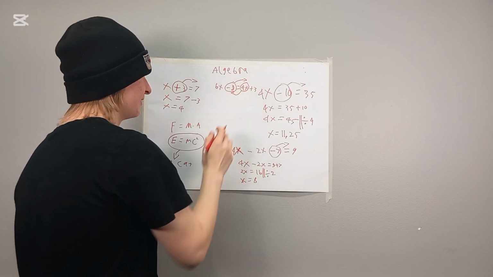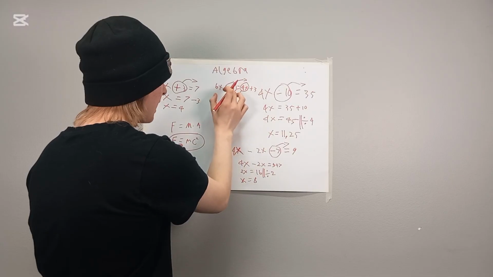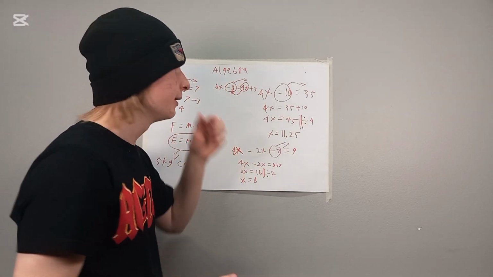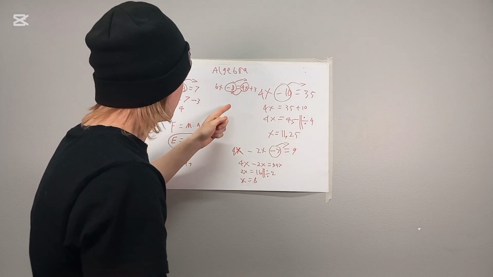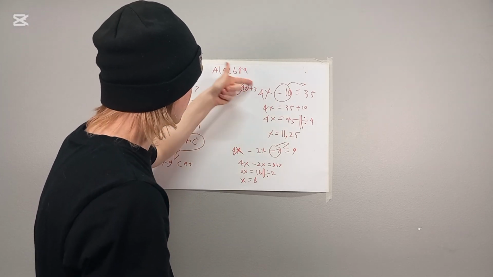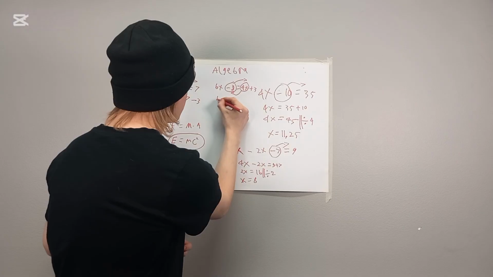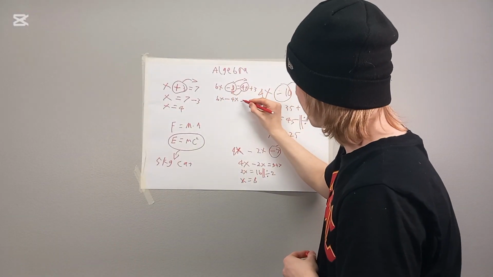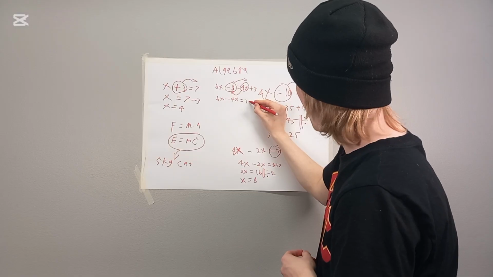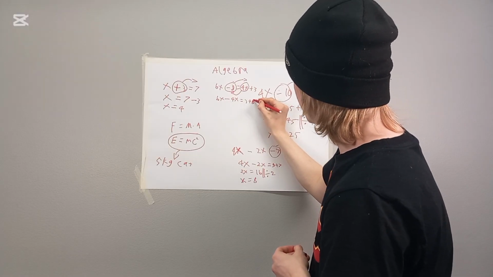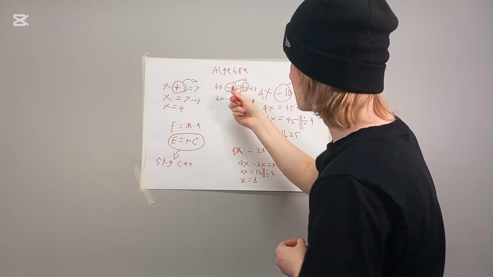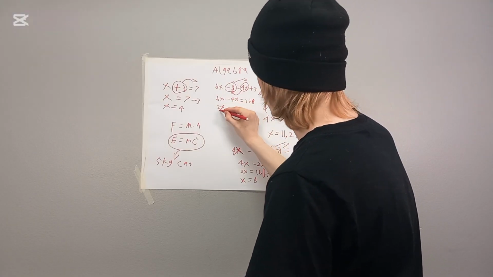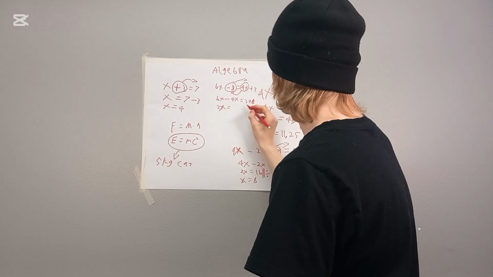Every time we move, x has to always be on the left, or any other letter or symbol, and every plain number goes to the right. So this equals 3 plus 8. Remember, this becomes positive. So now it's 2x equals 11,